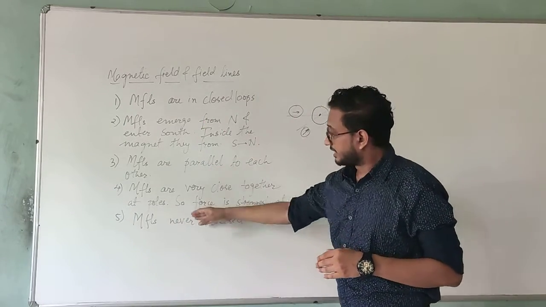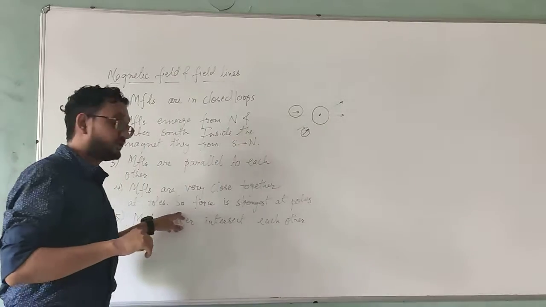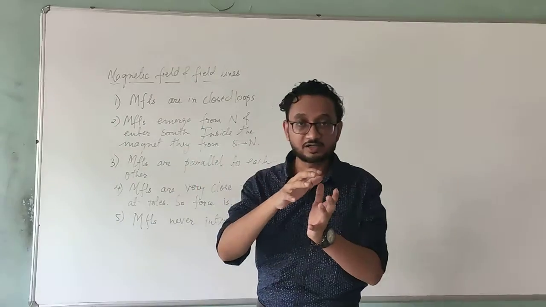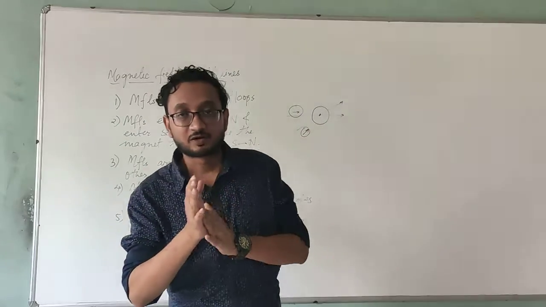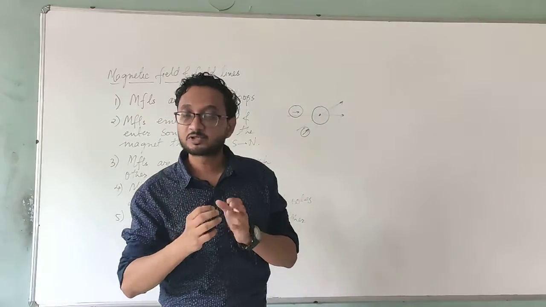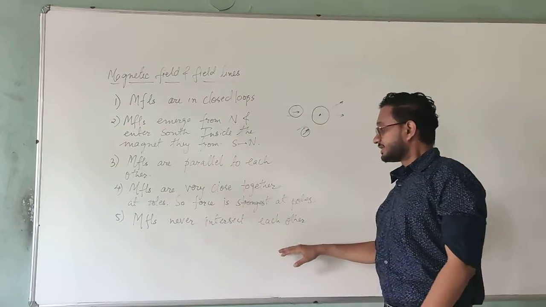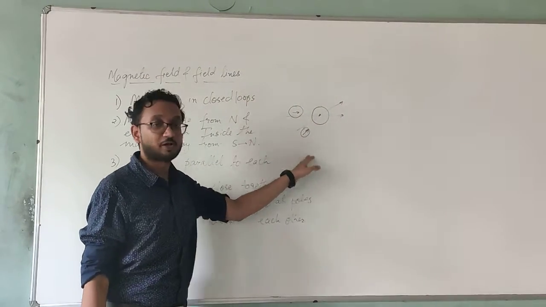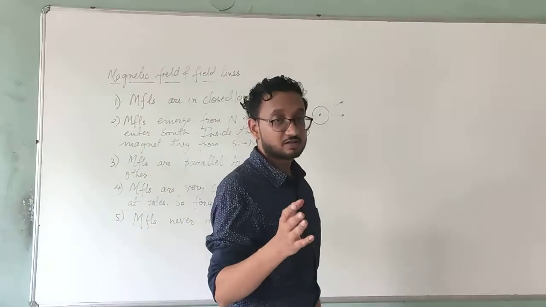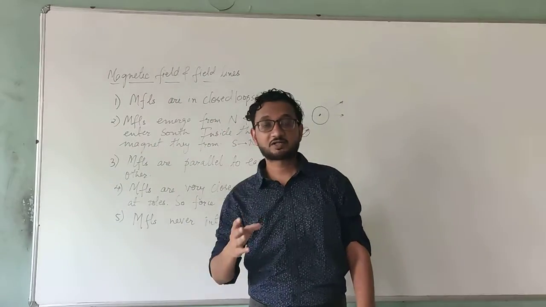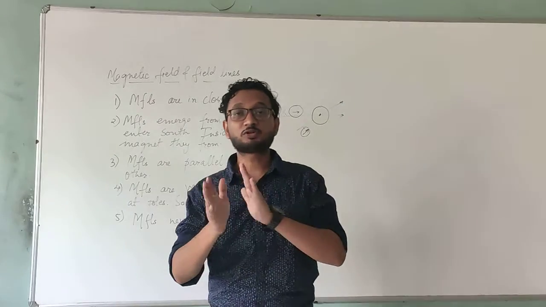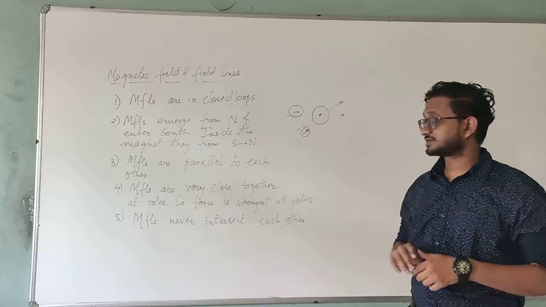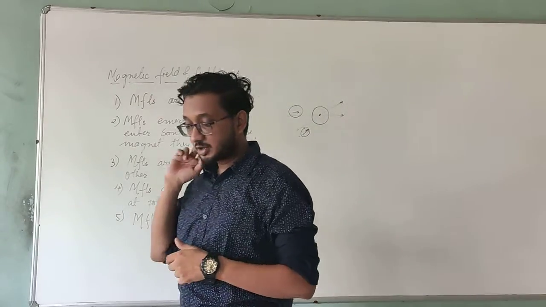Now, outside the magnet, the field lines emerge from the North Pole and then they enter the South Pole. So they are most crowded towards the poles, and therefore the force of the magnet will be maximum towards the poles. And the last one, they never intersect each other. We just saw the explanation for it, because if the field lines are pointing in two different directions, then the compass needle will be unable to point in one particular direction, and it would have to show the direction of both field lines, which is not possible. Hence, the magnetic field lines never intersect each other. I hope this simple topic is clear to you, students.